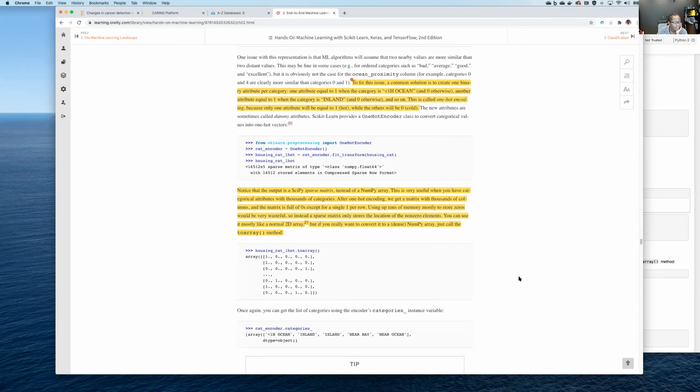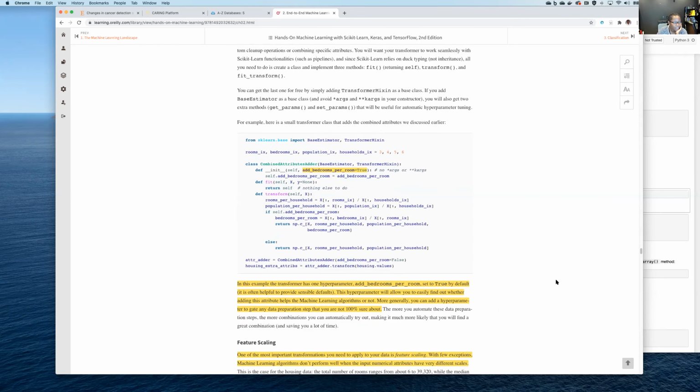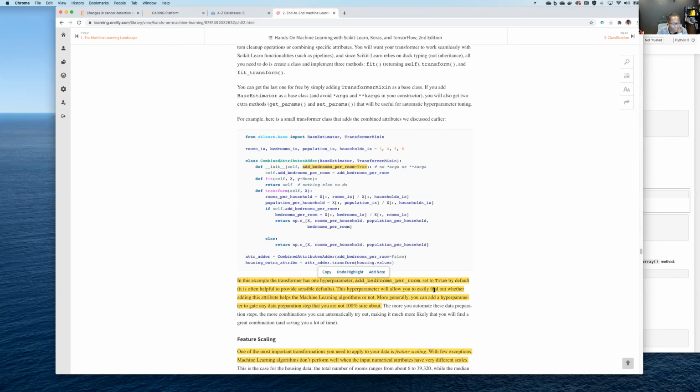This is a little bit of what's happening in these custom transformers, where you're saying, create this complex code that will do add bedrooms per room, and this is true. In this transformer, the parameter has one parameter, which is add bedrooms per room, set to true by default. And this hyperparameter will allow you to easily find out whether adding this attribute helps the machine learning algorithm or not. More generally, you can add a hyperparameter to get any data preparation that you're not 100% sure of, right? So the good thing about